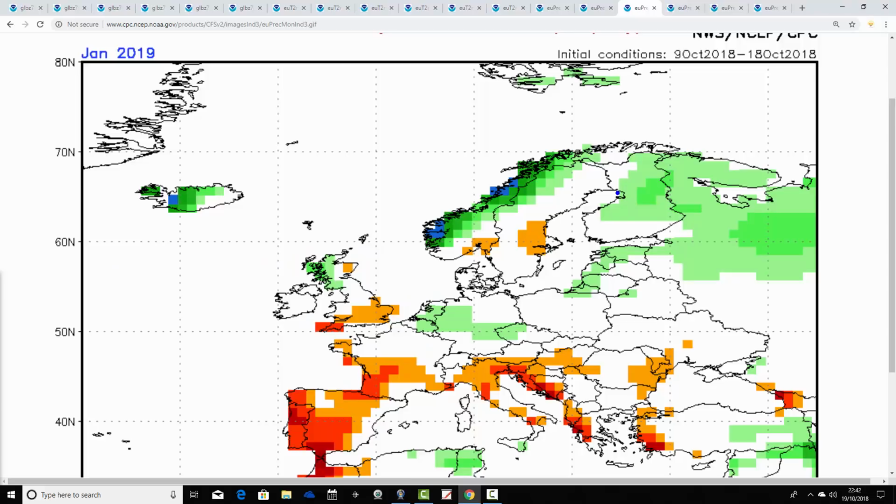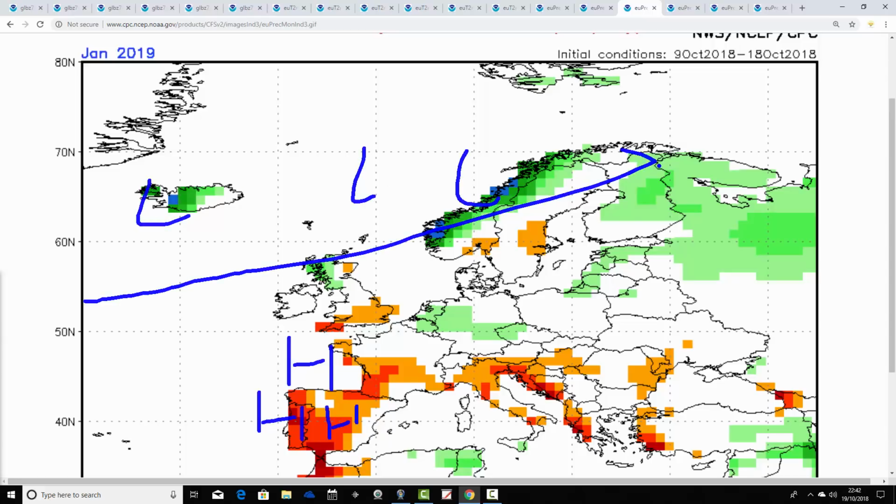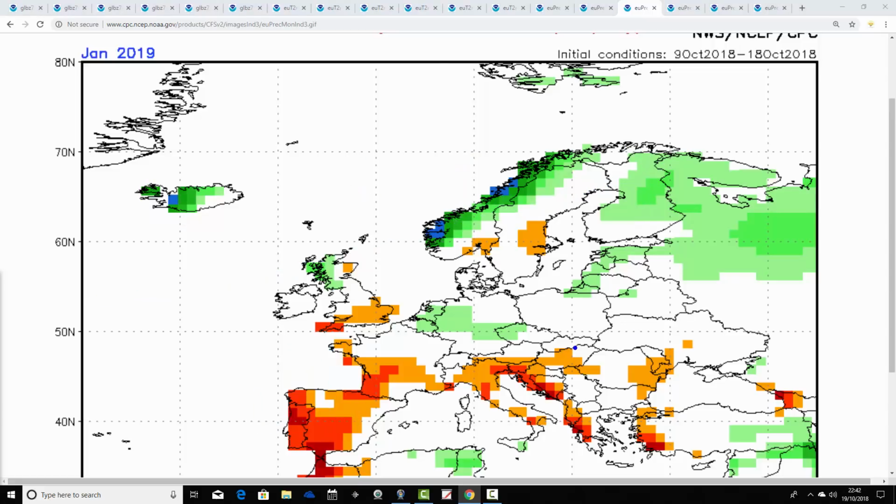But this is not a cold pattern by any means that we've got for January, because the high pressure is centred down here. High pressure's through there somewhere, and that means that with the low pressure up here and the jet stream up there as well, we're on the mild side of the jet stream. So any cooler conditions that did occur in January would be through inversion type cold, frost and fog, rather than anything particularly